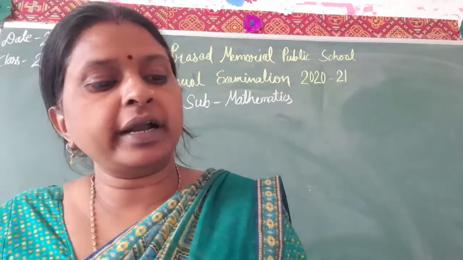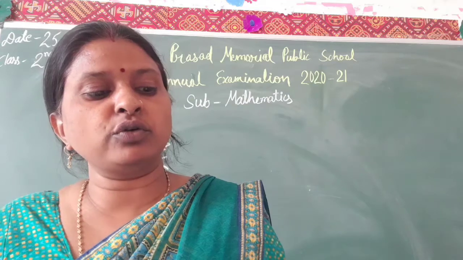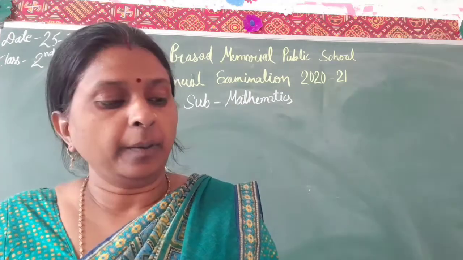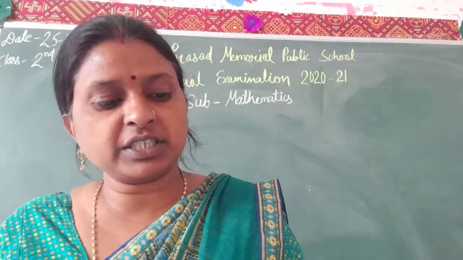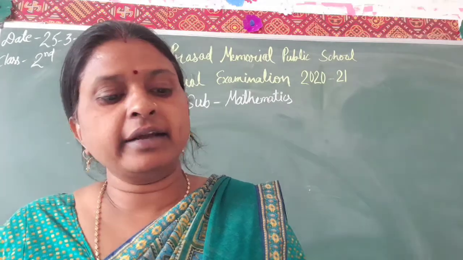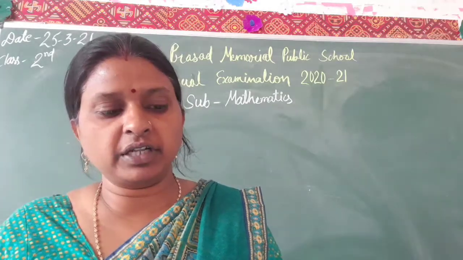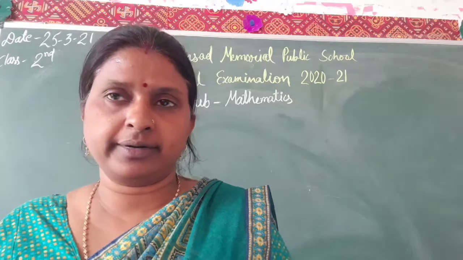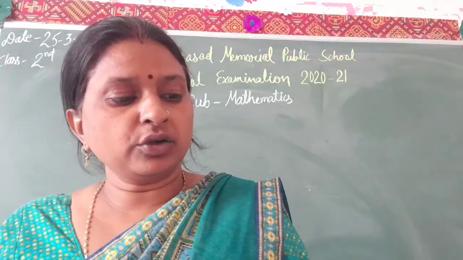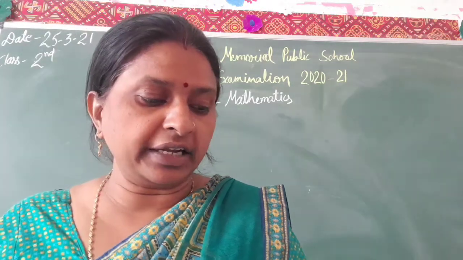In B part, write the number that is 10 more than. You have to write 10 more than in 347 plus 10. What will be the answer? And 10 less than 573 minus 10 is equal to what? Clear, student? In question 10, circle the greatest number.